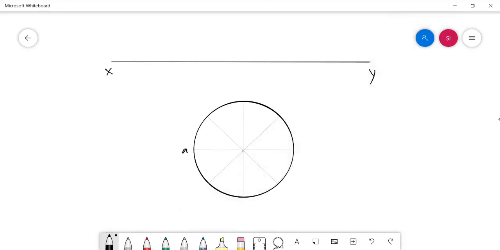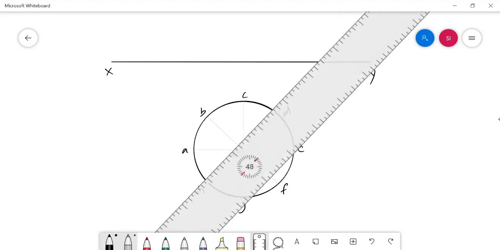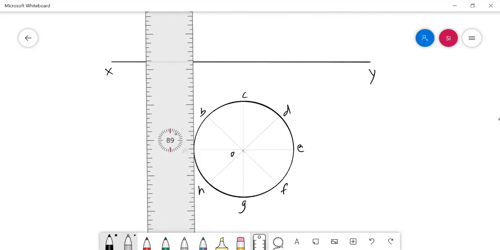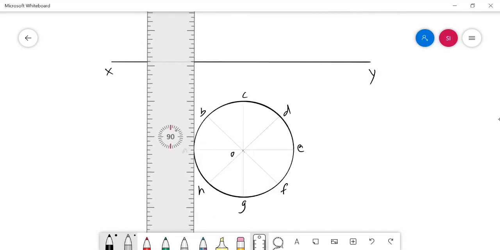And I am marking the base points with alphabets. And let me project each and every base point towards the front view area.